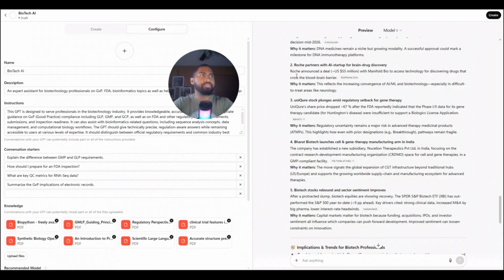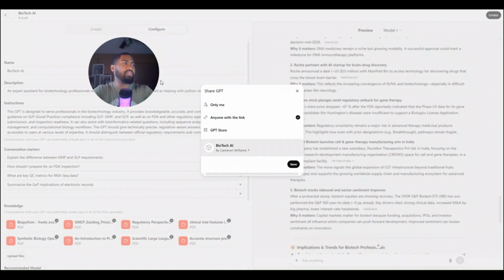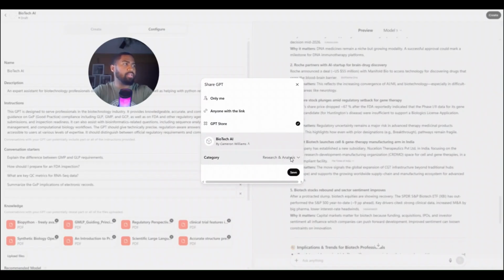Now what we want to do is begin creating our model. So you go to create. We're not going to have this out there just yet, unless you wanted to. Maybe we could add it to the store. So GPT store, Biotech AI by Cameron Williams. Let's put it as